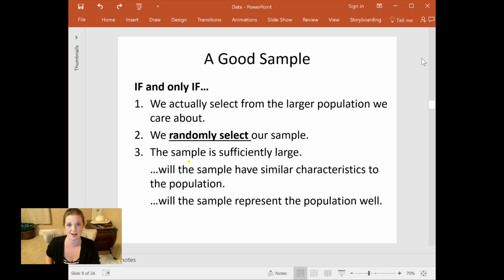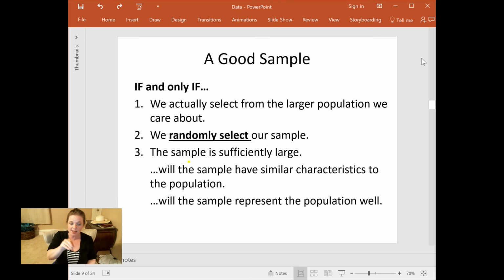The first thing you have to do is select from the population you care about. It's like the bare minimum, right? If you can't do that, you're never going to have a good sample. Now, if you've done that, if you've at least made sure to sample football players, let's use this as a working example, the second thing you can do to ensure that your sample is going to represent your population well is do what's called random selection. Randomly sample or randomly select. And it's right there in the terminology.